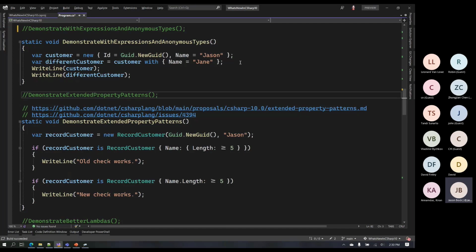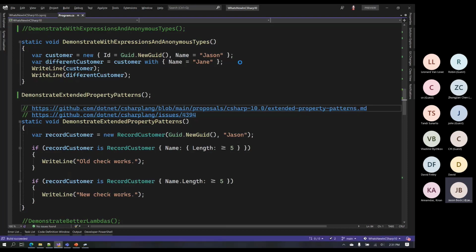Extended property patterns. Since C# 7, pattern matching and patterns have been brought into C#, and with every version, they seem to be adding more and more with patterns, both with the switch keyword that's kind of hijacked now. It still works the way it always has, but you can also use switch to do some really elegant pattern matching in C#. One of the things with this feature being evolved and iterated over a lot in the last 3 or 4 versions is they're also finding out where they can make something a little bit more elegant. And in C# 10, this is the case with property patterns.